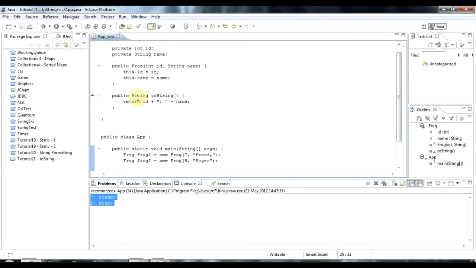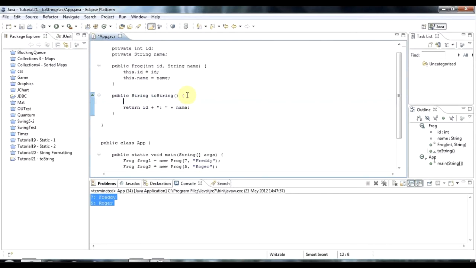Now there's nothing wrong really with this, it's just that it's a little bit inefficient because you've got a string object here and a string object here as well, and this is getting wrapped in a non-primitive integer type class, and then converted to a string, and then you're concatenating all those strings together and turning them into a new string. So there's a lot of string objects flying about, and a slightly more efficient way of doing it would be